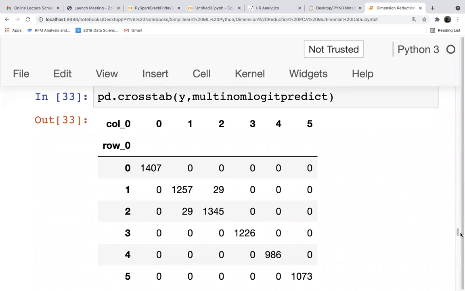Here we are predicting 6 activities, so there is no true positive or negative here. The diagonals are the correct predictions, and the rest are all wrong predictions. How will we calculate the recall, sensitivity, precision?